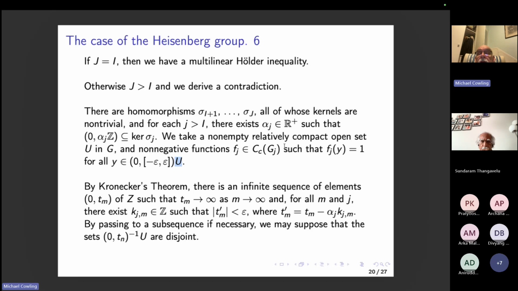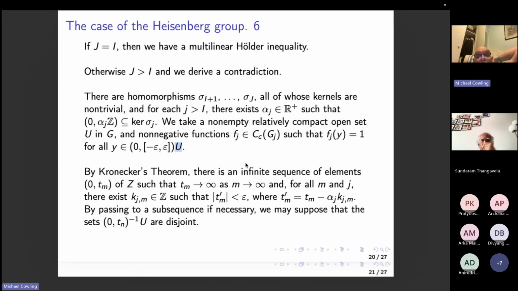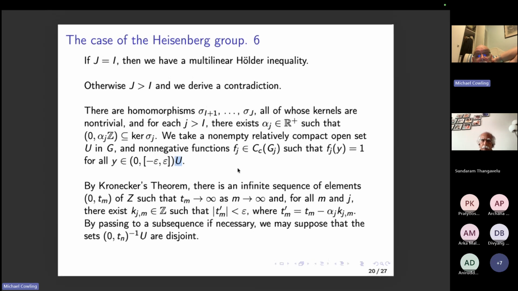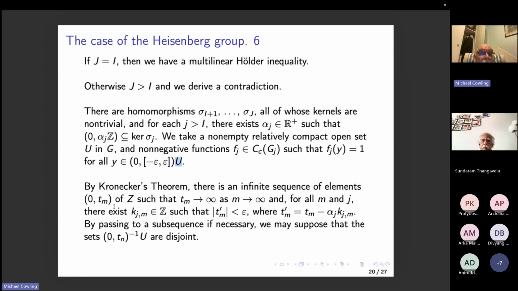But in any case, if this is a relatively compact open set, then sigma J U is another relatively compact open set. So it's easy to take non-negative continuous functions with compact support, so that this is true, and these functions belong to every possible LP space, even if the P is less than 1. Now, Kronecker's theorem tells me that there's an infinite sequence of elements